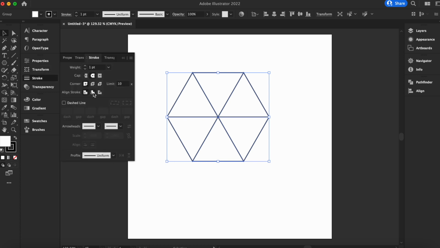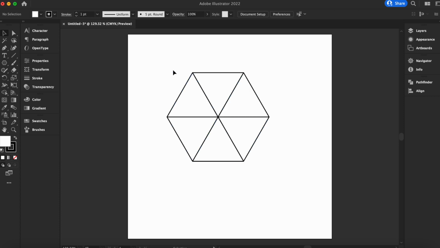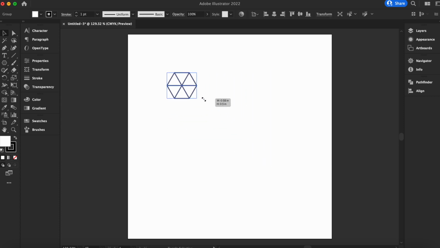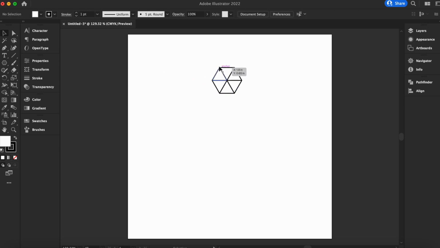I'm just going to change the stroke to make it a little nicer looking, a little more smooth. Now we're going to shrink it down and center it on our screen just to get a good field of view. We're going to Option or Alt click and drag to copy the hexagon